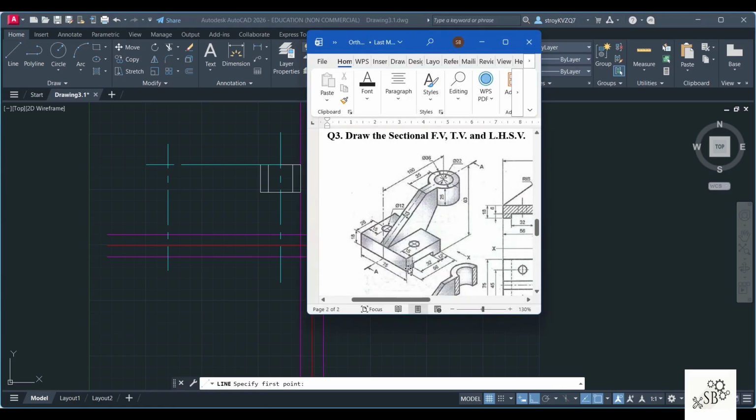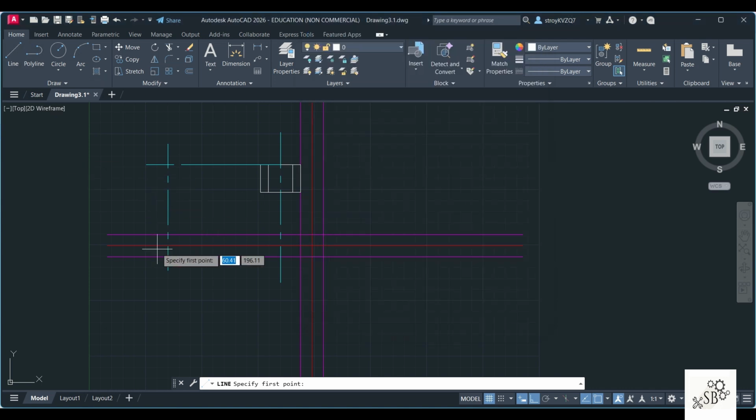If you look at this diagram from the front now, you can see this height is 18. This distance is given as 56. This is again 18. This is 12 and this is 32. So I'll have to start from this corner now. So I'll start from here, choose line. This is 18. This is 56, 18,